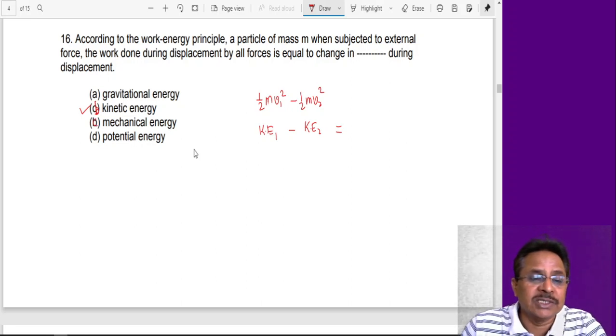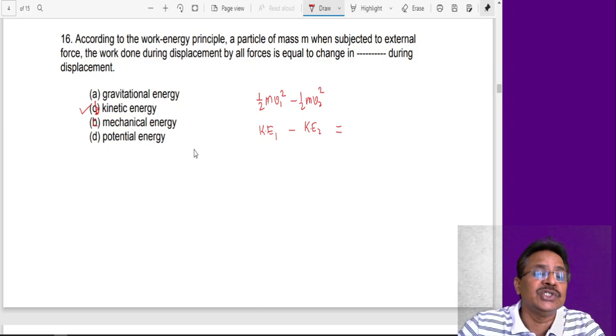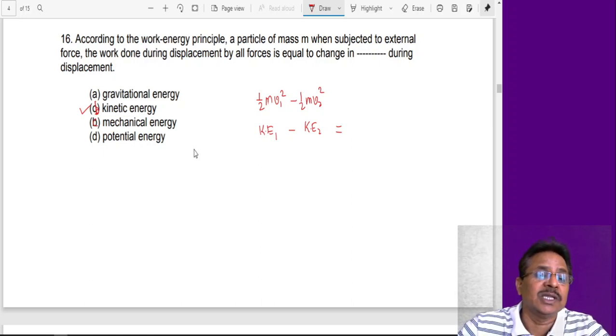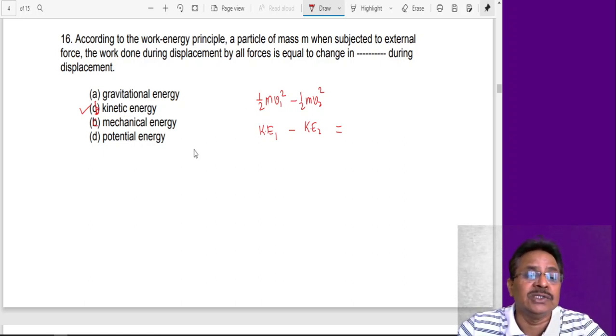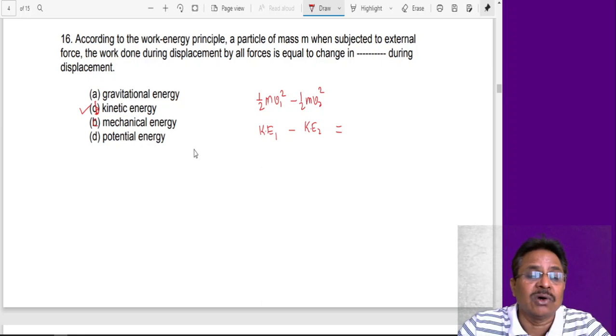So what is the potential energy change? When we displace or strain that particular object, then there is a change in potential energy. Mechanical energy is when we press that object, or when we make some other mechanical changes in that object. Then when we change the position of that object from one location to another with reference to the ground or surface of the earth, its gravitational energy changes.